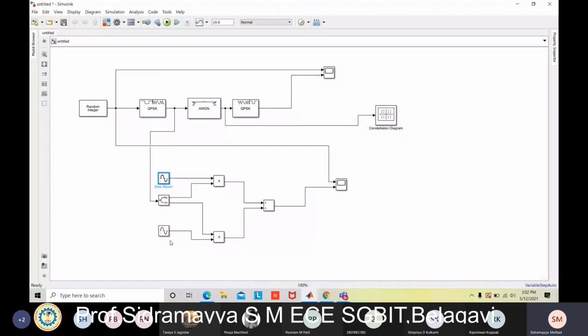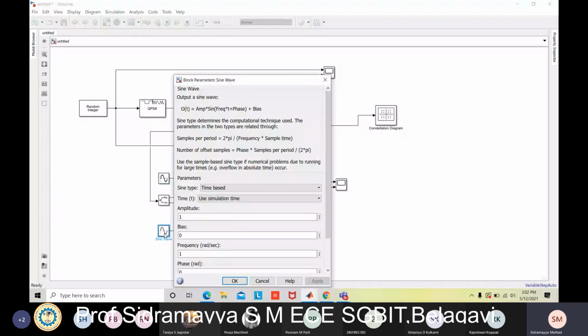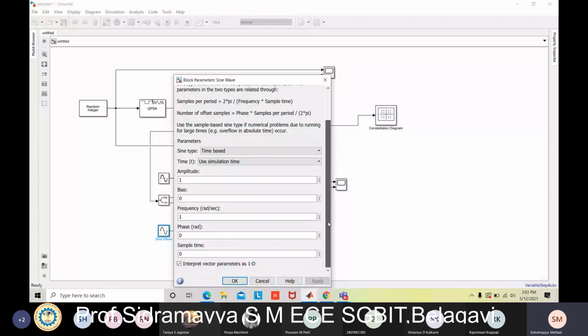Now come to the second sine wave. There is a 90-degree phase shift, because the second thing we need is a cos wave. But we don't have a cos wave in Simulink. That's why I'm taking a sine wave only, but I perform a 90-degree phase shift here. Amplitude, I kept 1. Frequency, I consider 8 pi only.